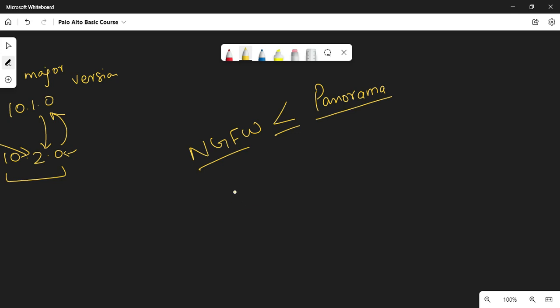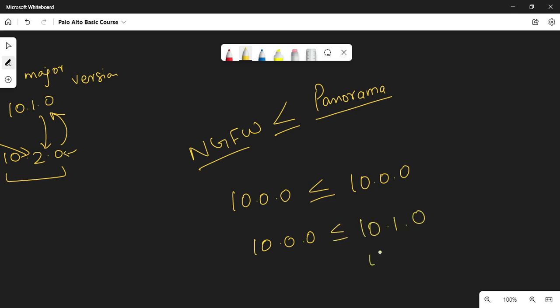So if my firewall is on 10.0.0, both Panorama and firewall could be on 10.0.0, or the firewall could be on 10.0.0, but Panorama could be on 10.1,